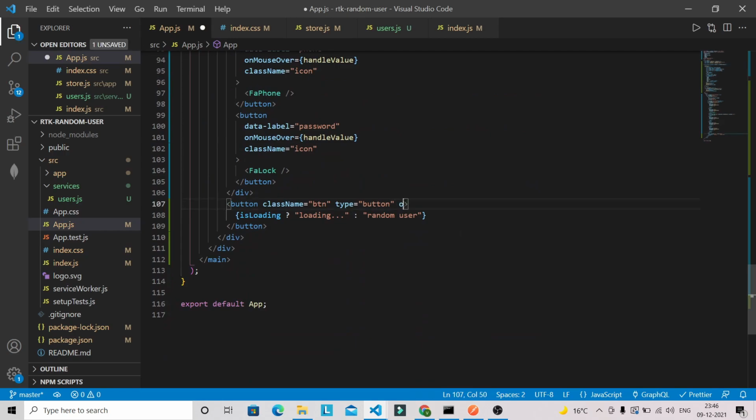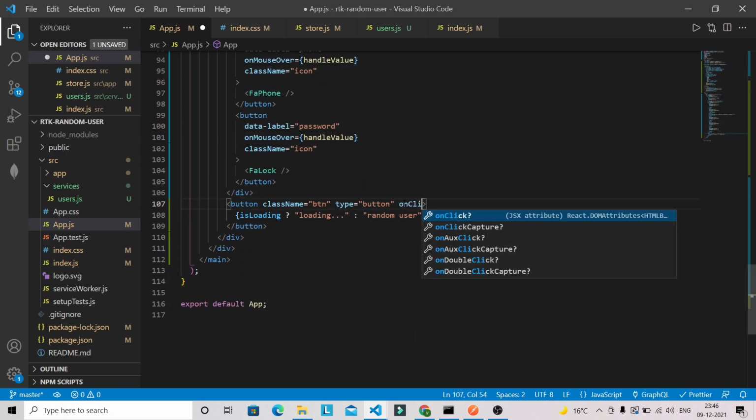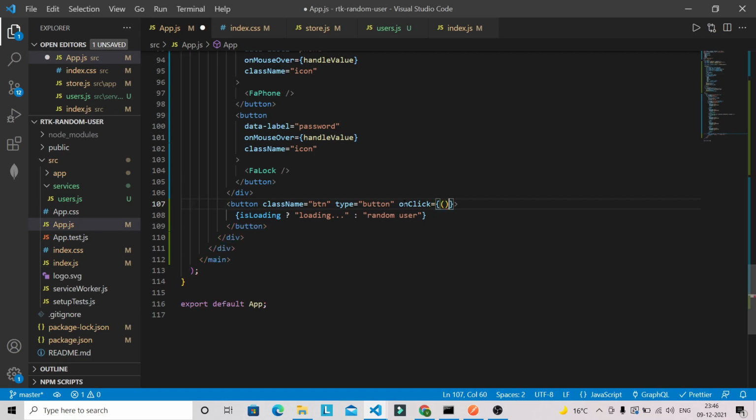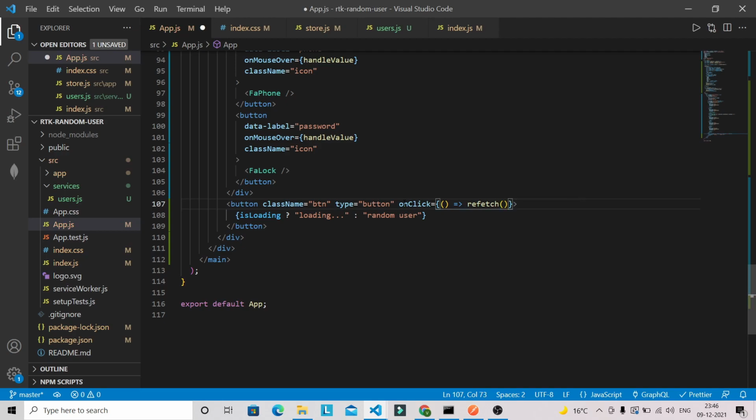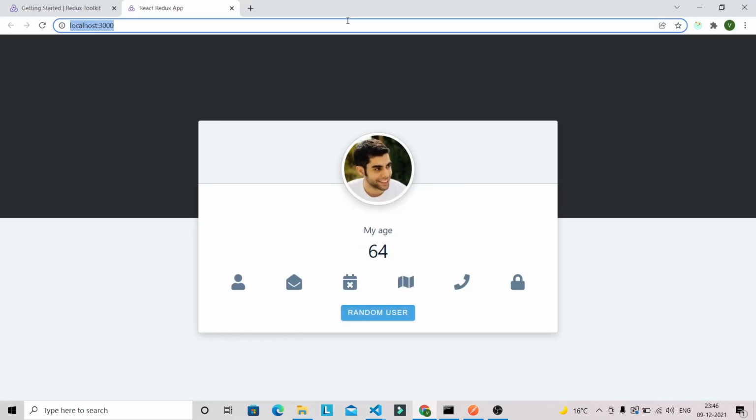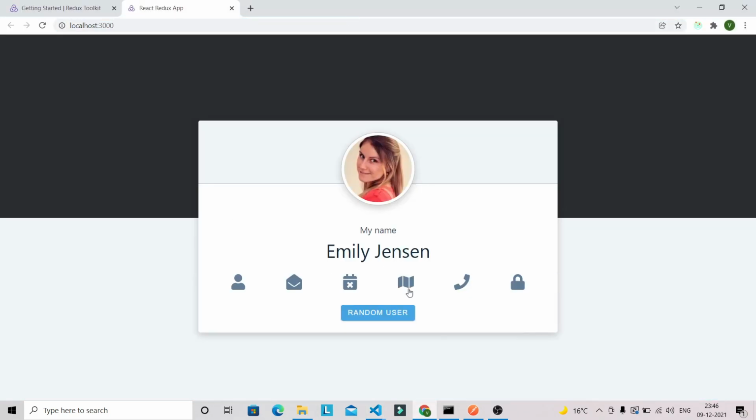On one click we can use this refetch. Just put it here, refetch. Let's go into the browser, refresh this again, and click on random user. Now you can see that we have got our random user by clicking on this button.